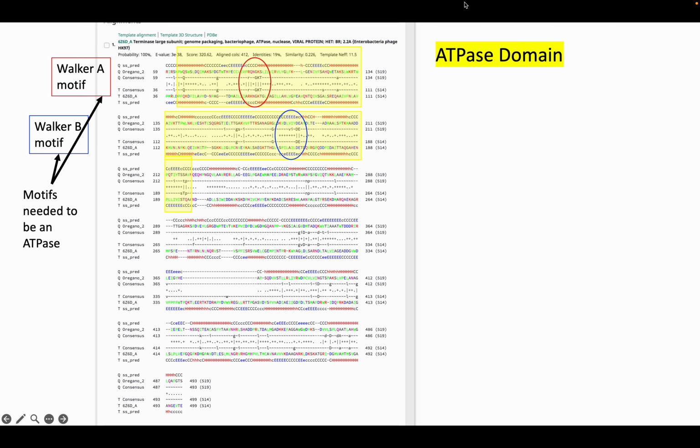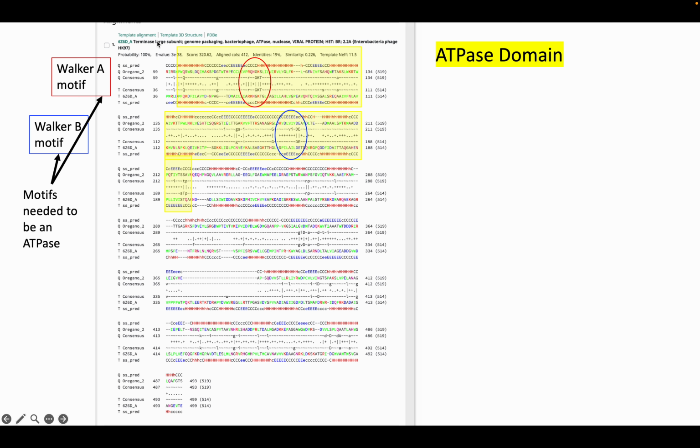The other thing that we can look at are motifs in the alignment. So I went and had to read a paper, and what I found out from the paper was where in this alignment of the HK97 terminase, what part of the protein is involved in the ATPase domain. So again, I looked this up in a research article and found that the amino acids that I've highlighted in yellow are part of the ATPase domain, and I can see that the alignment includes the entire ATPase domain of